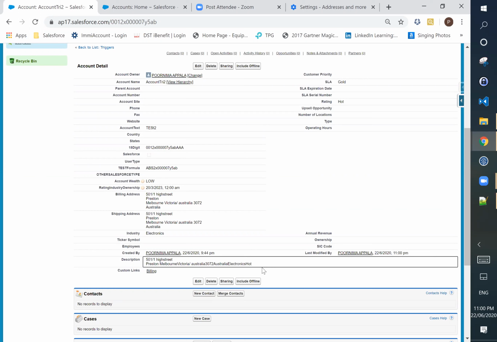So this way you can create your own scenario by yourself. Practice before trigger. If you find some scenario which you are not able to do, let me know, so that tomorrow when we start, we will first discuss your queries, then the debugging, and then the after trigger. Any confusion, Prashant? No. Maitri, any confusion?